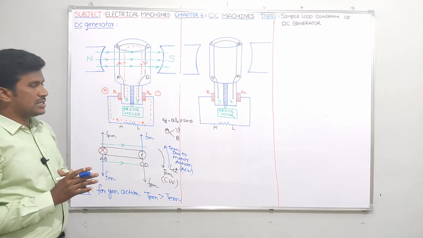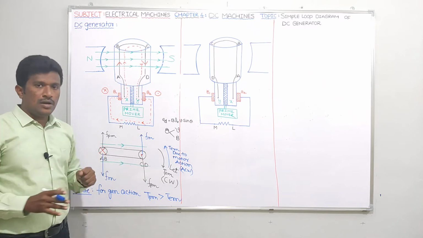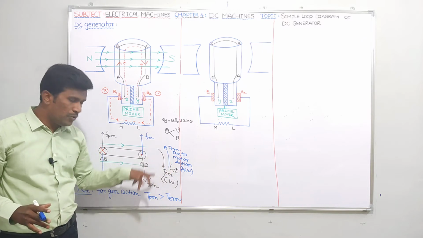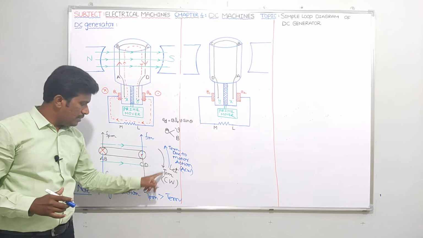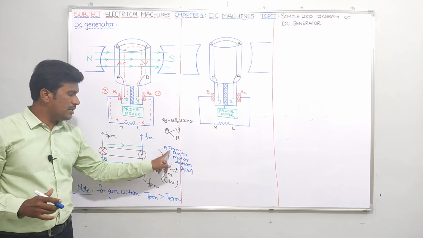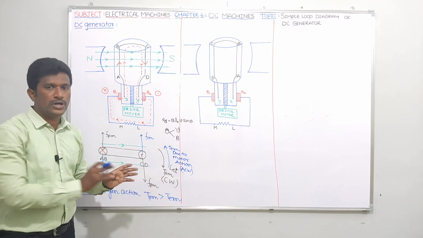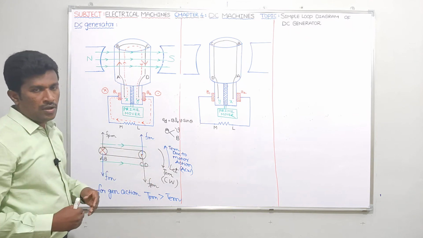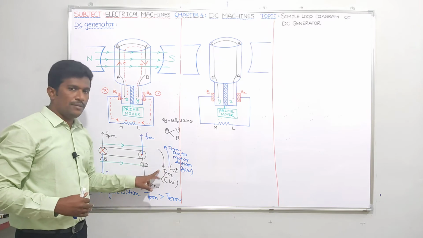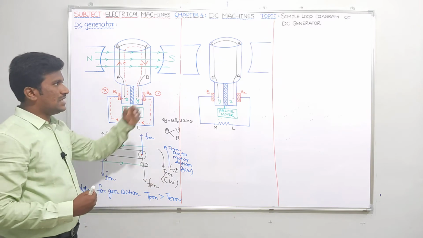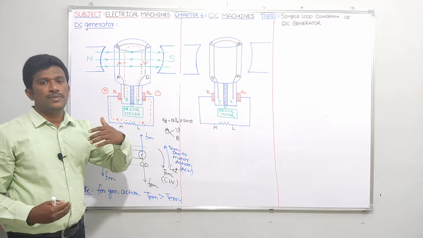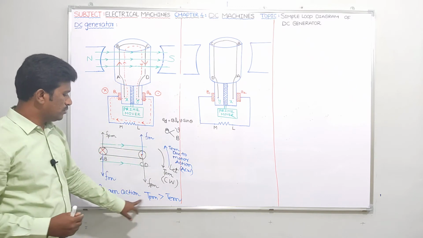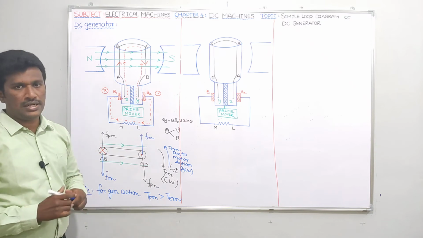And one more thing you have to understand, guys. In a generator, what is the direction of T_PM and T_EM, opposite or same? It is opposite. Please try to remember, T_PM is clockwise whereas T_EM is anti-clockwise. This point also will be useful for you. Whenever electromagnetic torque is opposing T_PM, generator action will come into picture, and mechanical energy will be converted into electrical energy. So T_PM should be more than T_EM for having generator action.